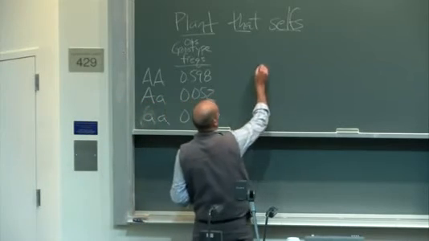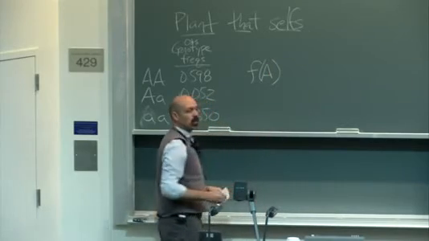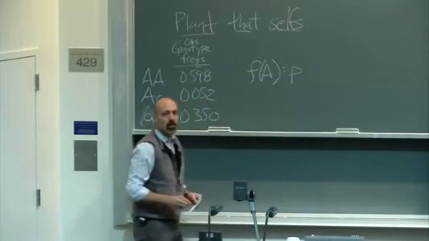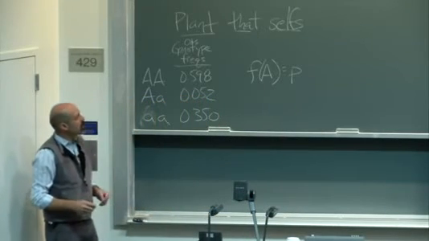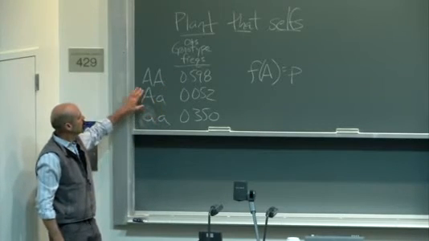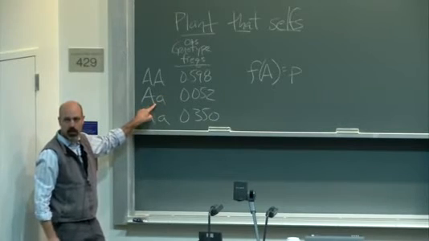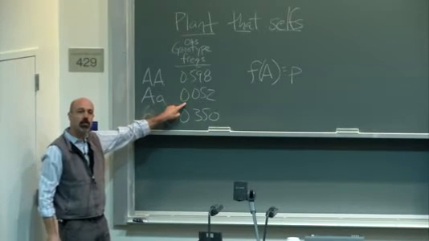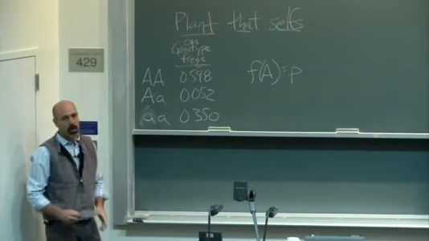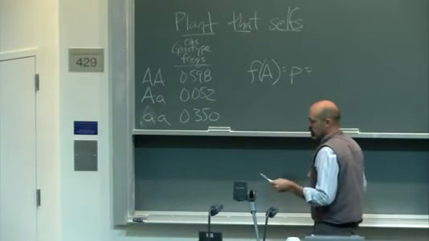And the frequency of the A allele in the population, remember we agreed to denote it by P, the variable P. And to determine that quickly from genotype frequencies like this, because there are only half of the big A alleles in your heterozygotes, you can divide this by 2 and add it to this. And you will get an estimate of your allelic frequency there. And I did that. If you want to check me, divide by 2 and